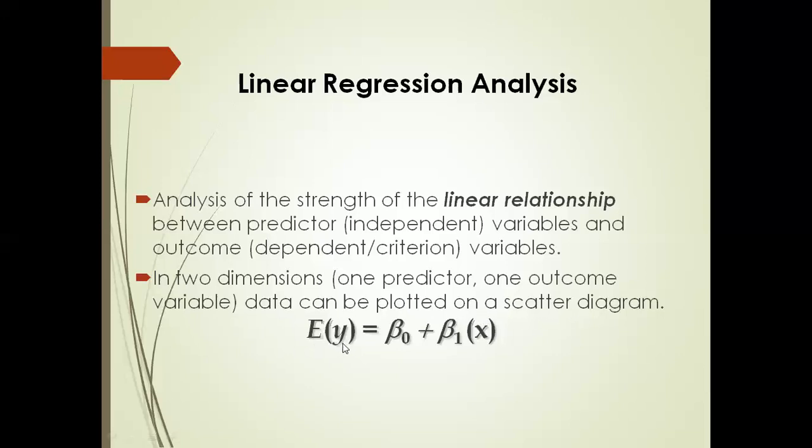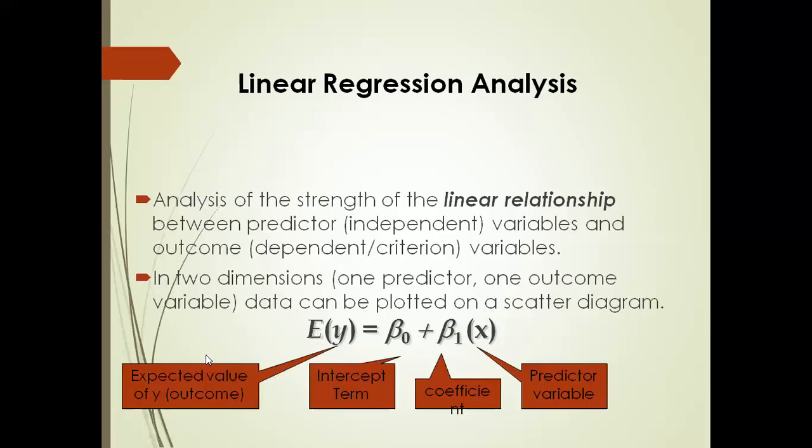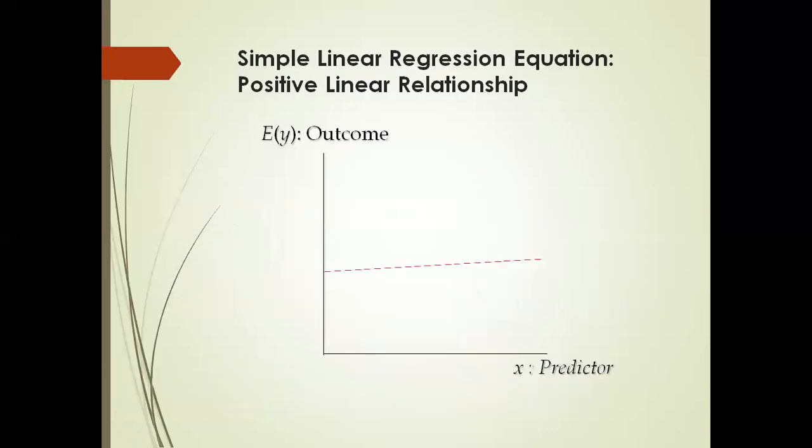So here y is nothing but the output. b0 and b1 are constants. Just look over here. This y is the expected value, that is what we call the outcome. As I told you, b0 and b1 are constants, where b0 is the intercept term and b1 is the slope coefficient. Both are coefficients. Then x is the predictor variable. Of course, we require a minimum of two variables, one predictor and another the outcome variable.